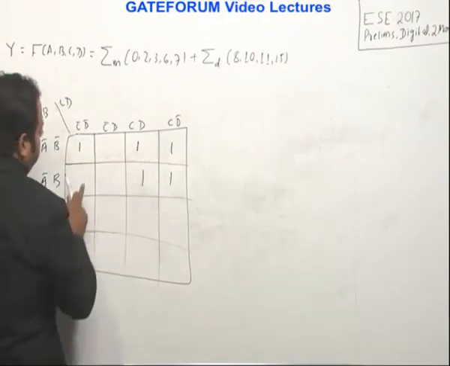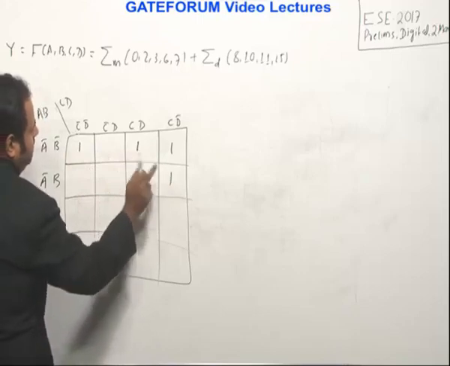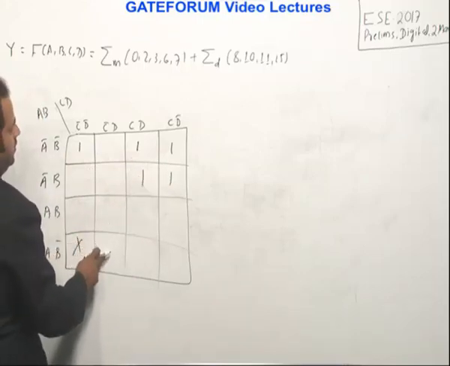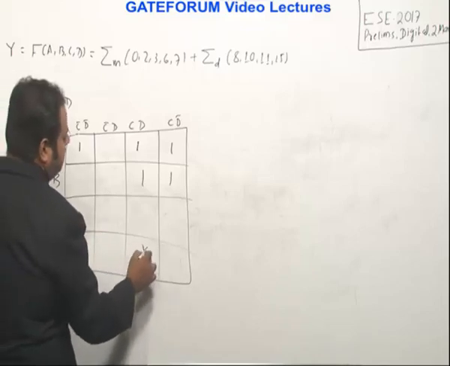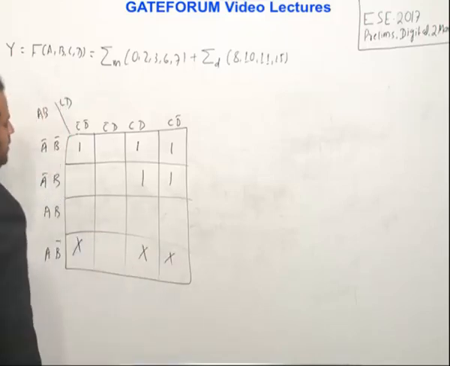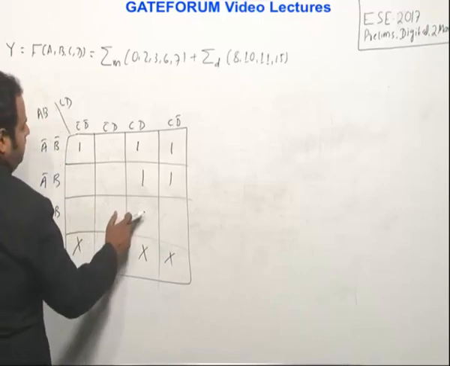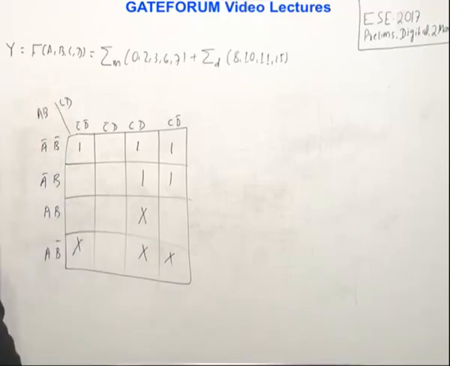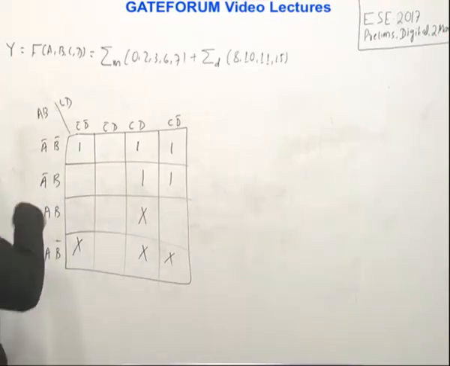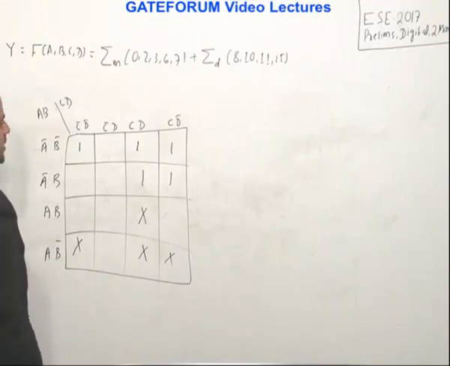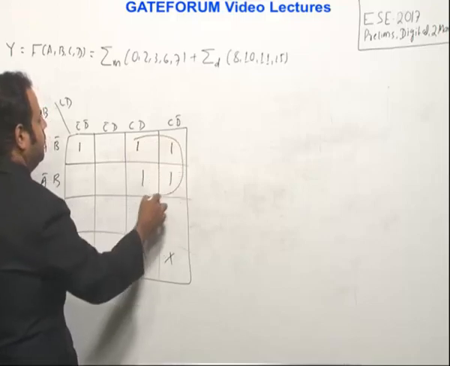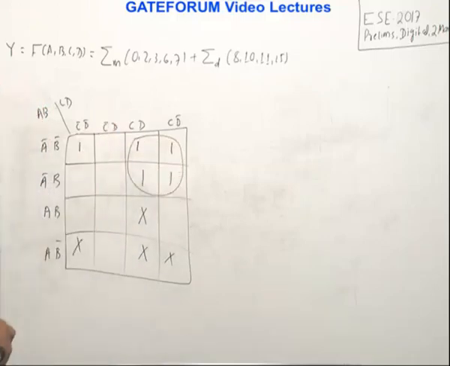So 0, 1, 3, 2, 4, 5, 7, 6, then 8, right? 9, 11, 10, 11, 10, 12, 13, 15 and 14. So this is 15. So this is what the K-map of this looks like. So I have plotted the don't cares and the min terms. So let's minimize this. Of course, group of 8 is not possible. So I am making a quad of this, right? Then what is the next target?